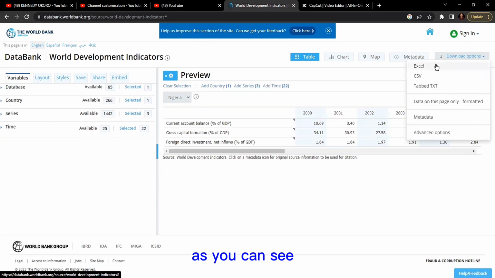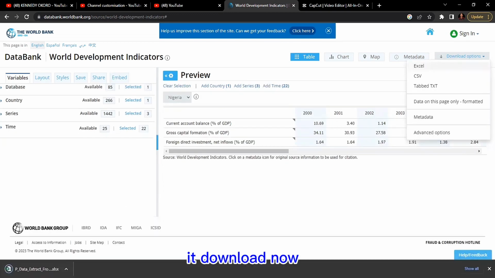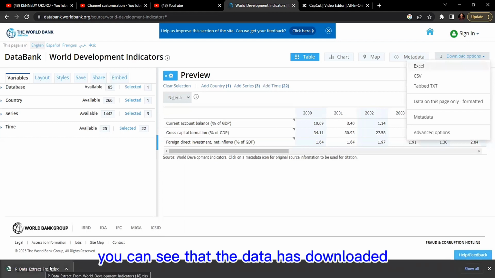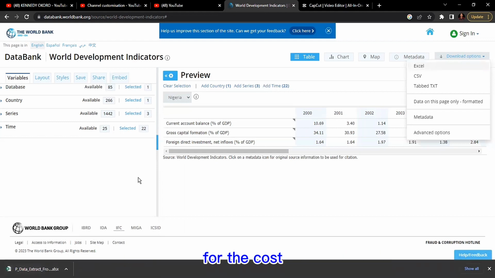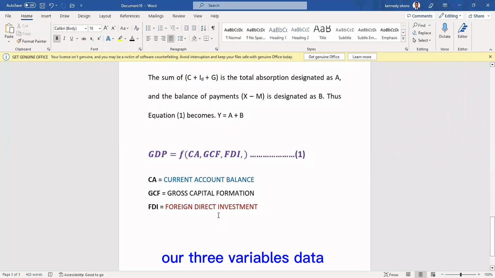As you can see, it's going to download automatically. It downloaded now. For this class, you can see that the data has downloaded for our variables of current account, gross capital formation, and foreign direct investment. Wow. So thank you so much. As you can see, we've analyzed our three variables data for this class,